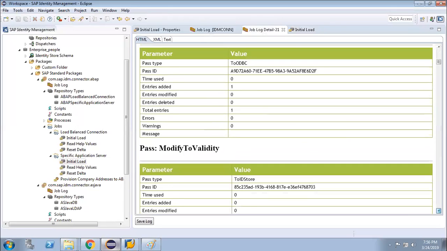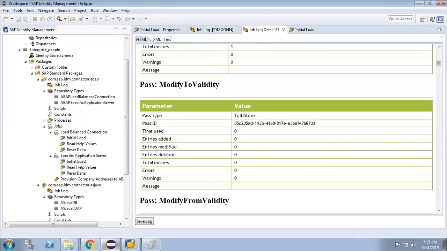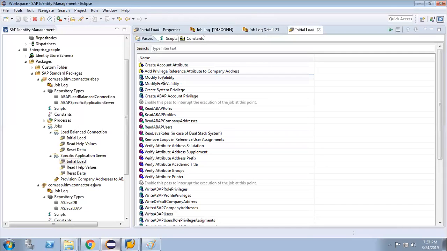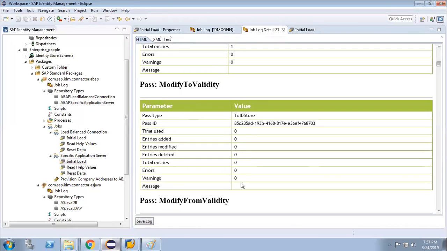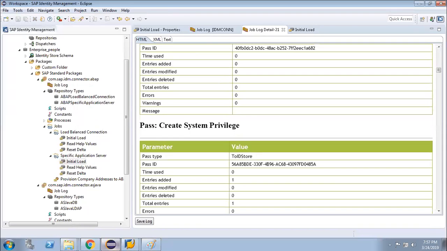The third part, modify validity, is not needed, that is why it is not required. Modify validity of any existing role or existing user, if I have some, is not required, so you can see there is zero. Modify from validity, modify to validity, I hope that will be 0.